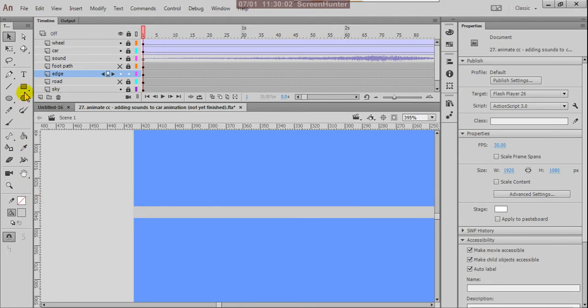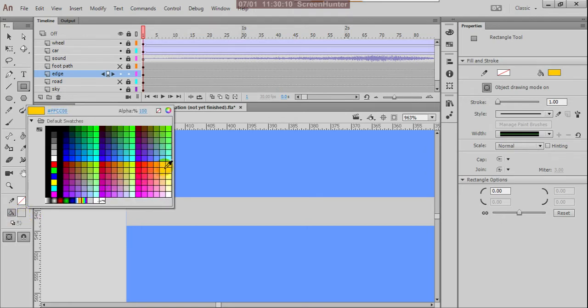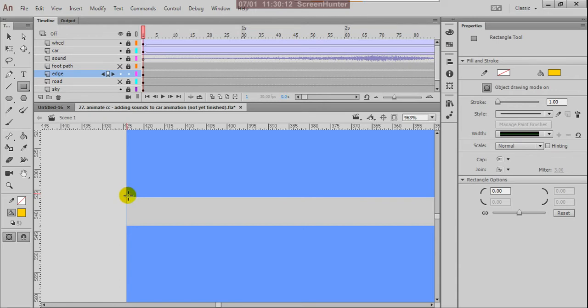So you can draw a yellow patch here, something like this.